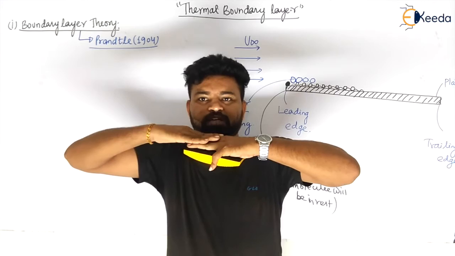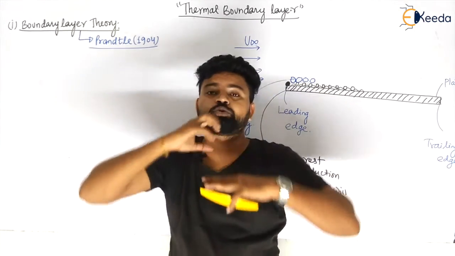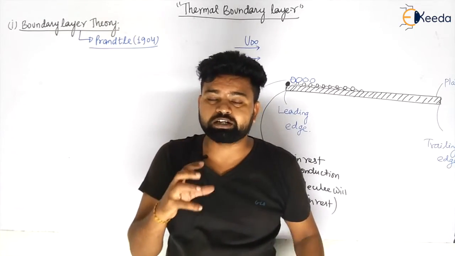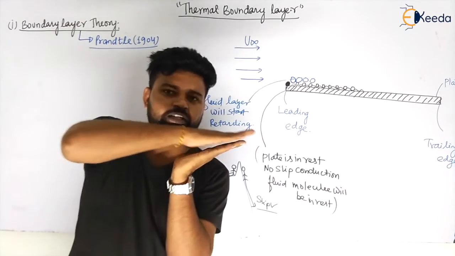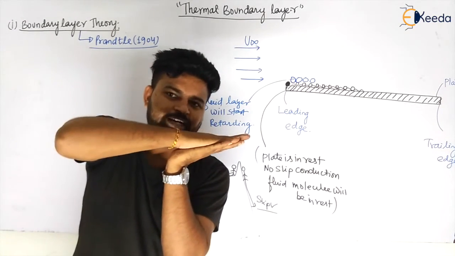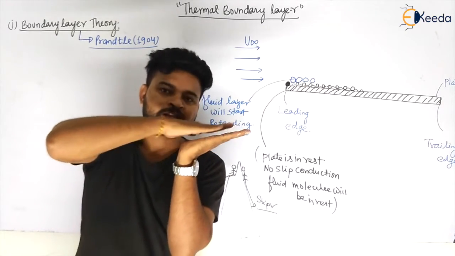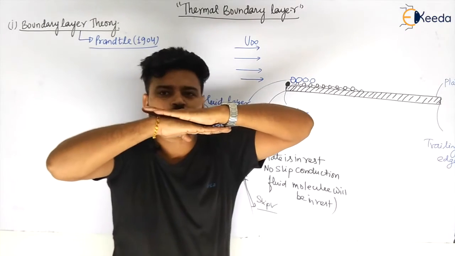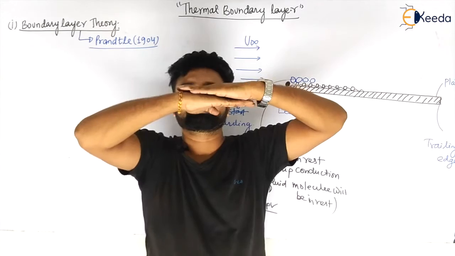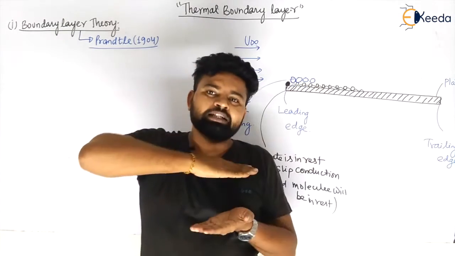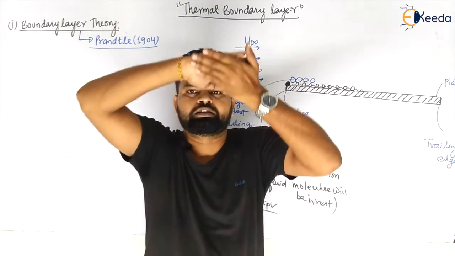Now the other molecules will come and some resistance will be offered by this lower layer due to viscosity, my dear students. As resistance is offered like this, it will retard the motion of the upper layer of the fluid. Similarly, the third layer will come, it will also retard the motion. Similarly, the upper layers will come and retard the motion. And likewise, the number of layers will be retarding each other.